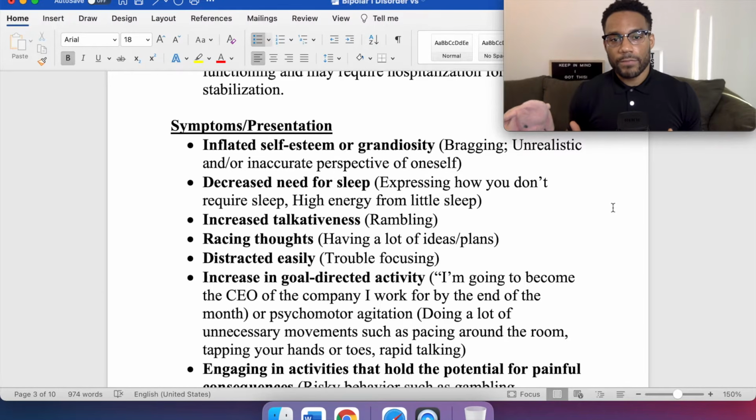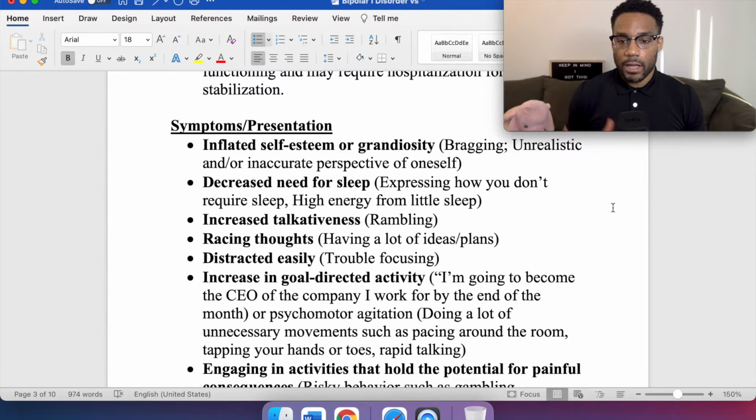So listed here in front of you, we have symptoms and the presentation of how they may present themselves when answering the questions on the exam. So we have inflated self-esteem or grandiosity, bragging, unrealistic or inaccurate perspective of oneself. We have decreased need for sleep, so expressing how you don't require sleep, high energy from little sleep, increased talkativeness, so a bit of rambling, racing thoughts, having a lot of ideas, plans, distracted easily, so trouble focusing,